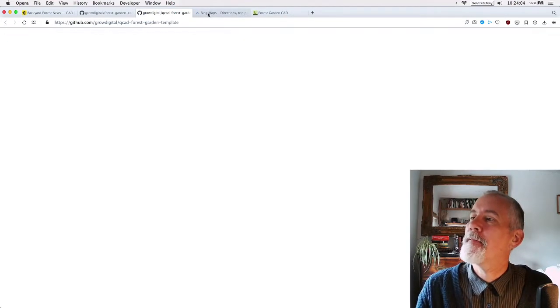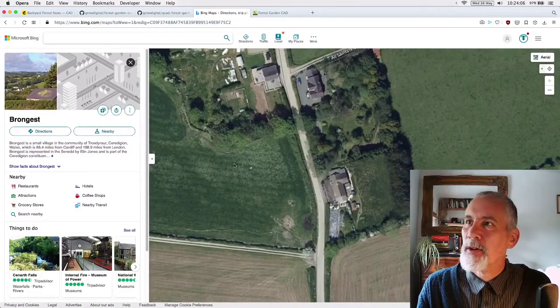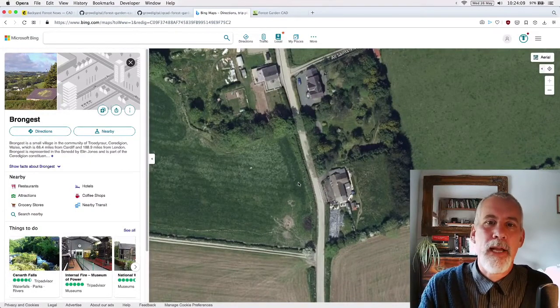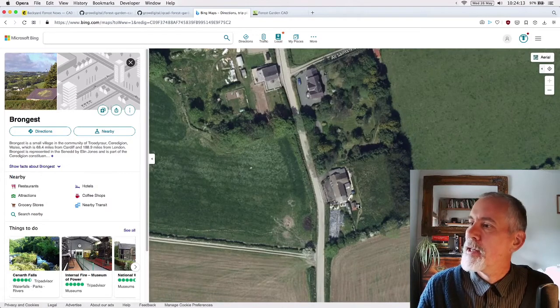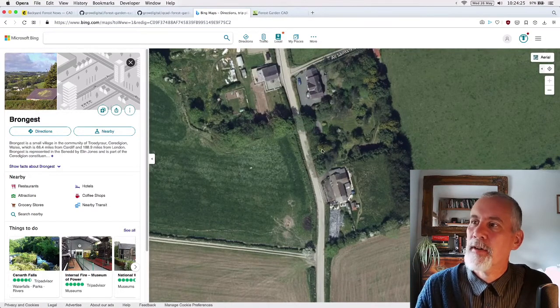So here I have Bing.com maps. You can use Google Maps, there's Apple Maps, whatever's got the best resolution photograph. This is my friend Dan's house here, and you can see some sheet mulch down here, and he's done a little bit of mowing, shed still standing. So that's very exciting, and take the highest resolution screenshot that you can,